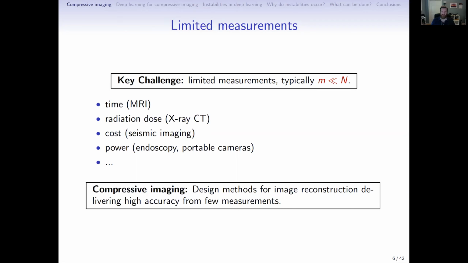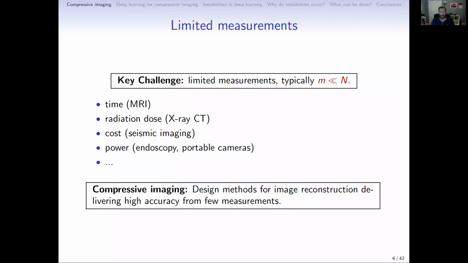This manifests itself in different ways. It might be related to the acquisition time. This is the case in MRI, for instance, where loosely speaking, the number of measurements you can take is proportional to the amount of time you sit in the scanner. And for various reasons, one of the key challenges in MRI is to try and reduce the acquisition